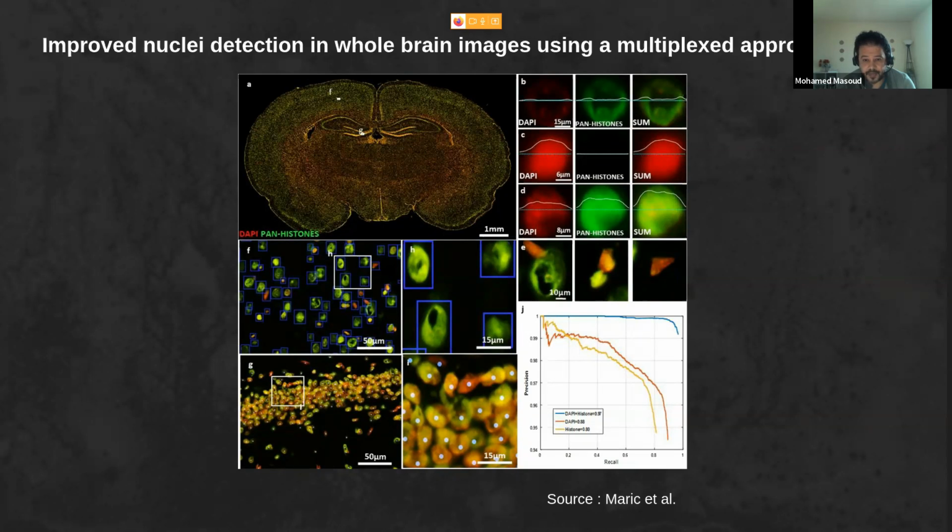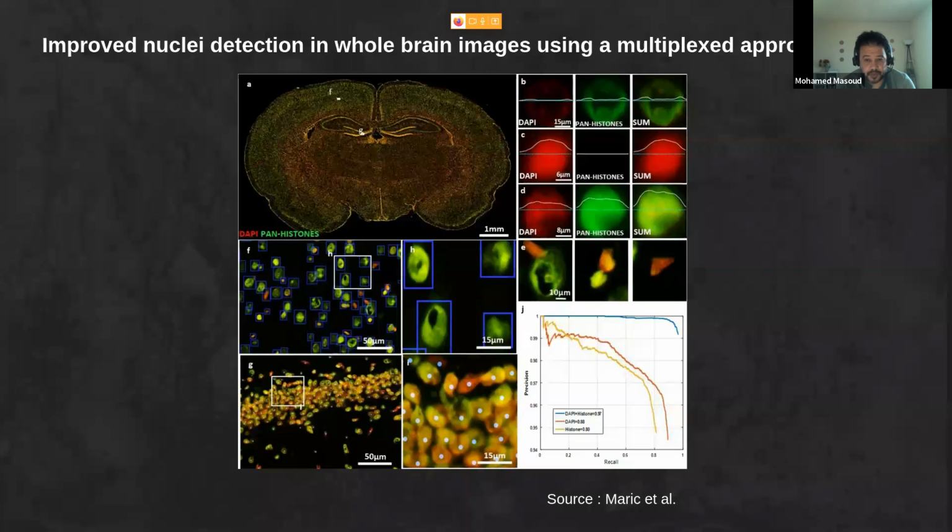So the results in this case, when they are combining both, as we can see from the graph, it gets much better accuracy. When they are using DAPI alone, it was like 0.88 area under the curve, and when they are using the pan-histone alone, it was 0.8.